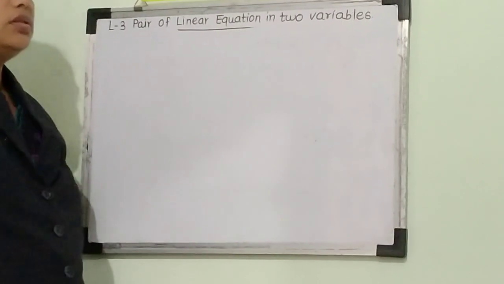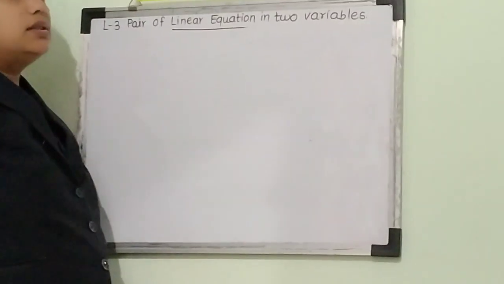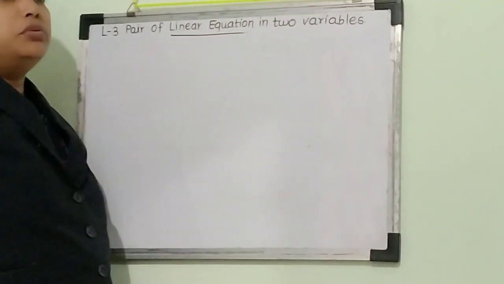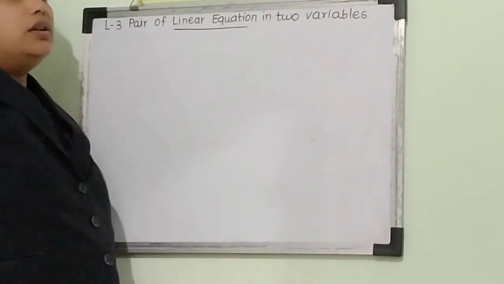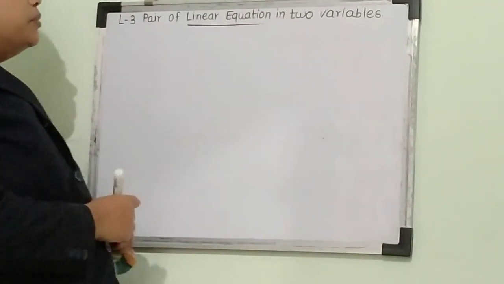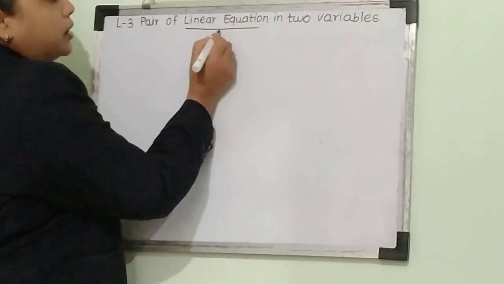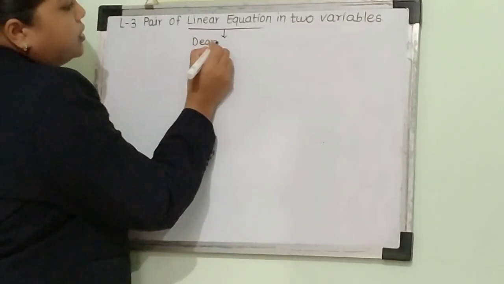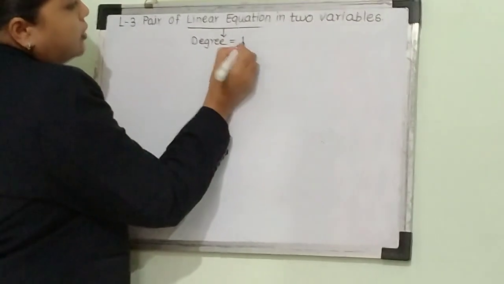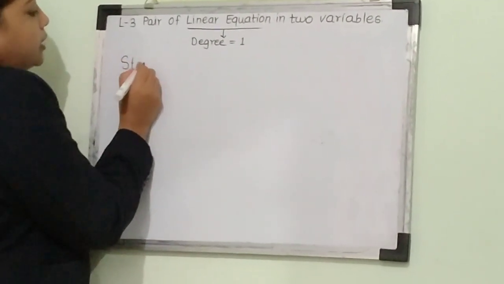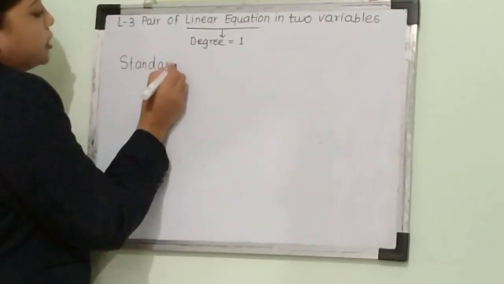Good morning, students. Today we are going to revise lesson number 3, that is pair of linear equations in two variables. As we learned, a linear equation means that the degree of the variable is 1. So here we are going to see the standard form of a linear equation. The standard form of a linear equation is